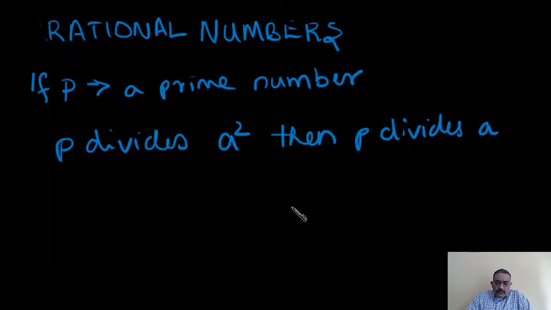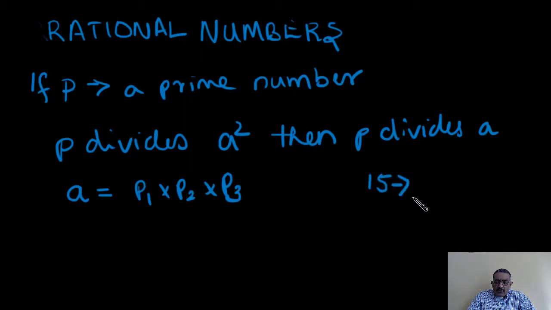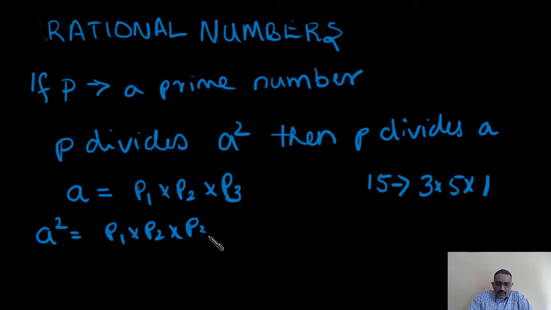Now, this concept has a very simple logical explanation. Let's just say that A can be broken down into its prime components. So let's say P1 times P2 times P3. This is equal to, let's say, 15 being broken down to its prime numbers, 3 times 5. All right. Now this means that A squared is P1 times P2 times P3 times the same set, P1 times